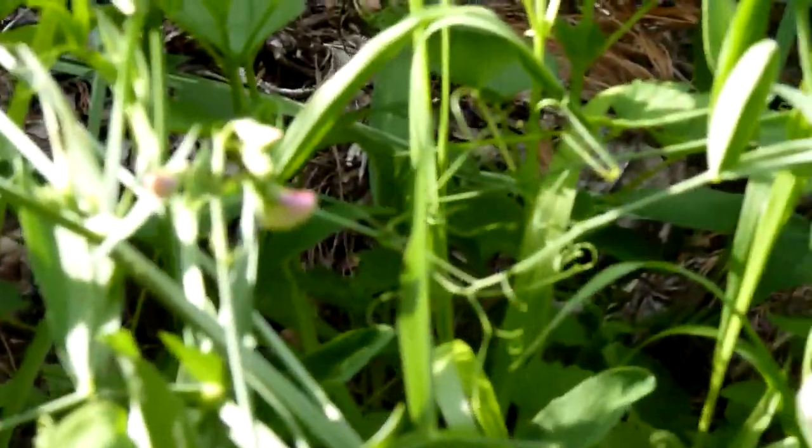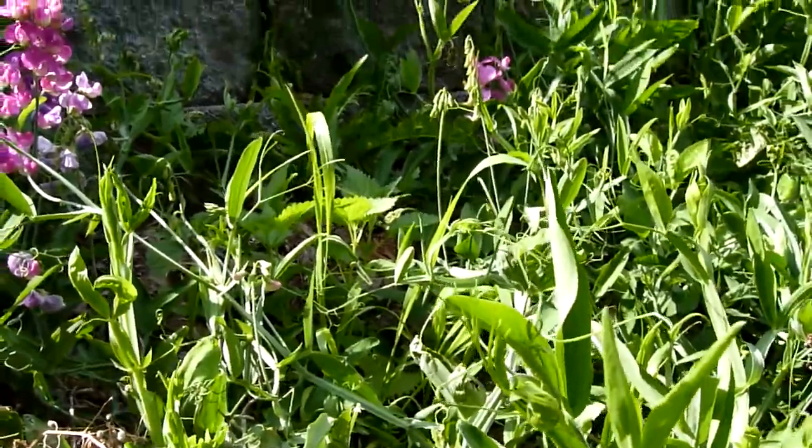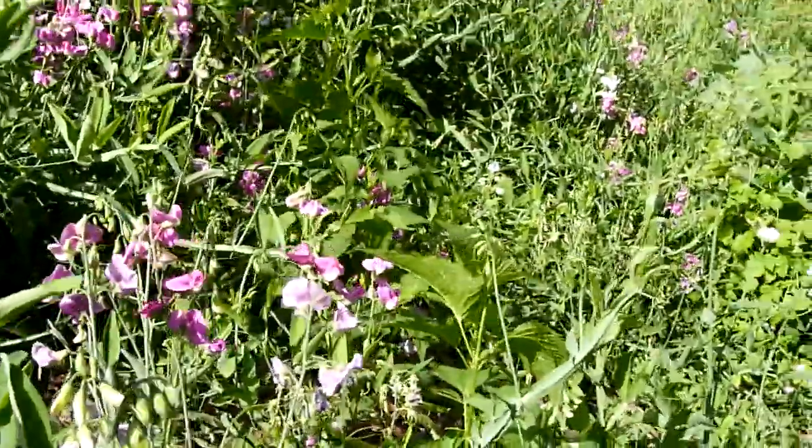It's doing all right. Seems to be a little bit happy with the more naturalized environment, things growing around it and such, rather than being all open and exposed. But yeah, it's so beautiful to be out here, and